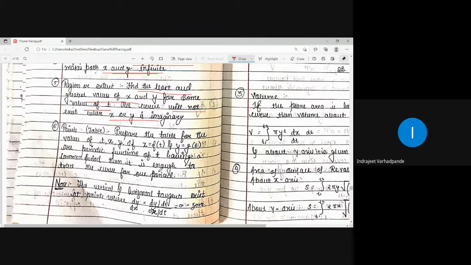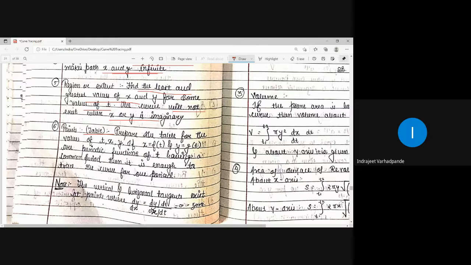We consider only those points for which the region exists, or for which it does not become the square root of a negative number. We say that those points are imaginary, and we usually exclude them. So this judgment helps us decide the particular points to be plotted, so that after joining them we determine the rough sketch or pictorial representation of the given curve, which is particularly the figure or the picture of the given curve.